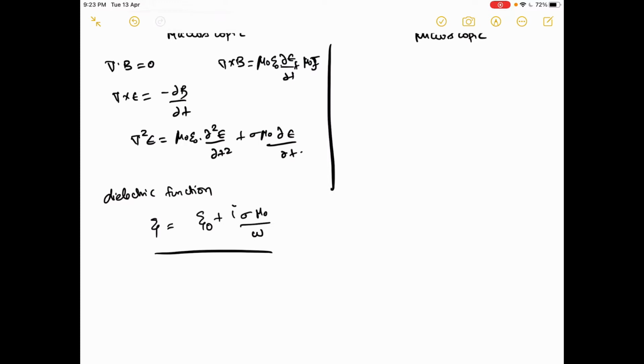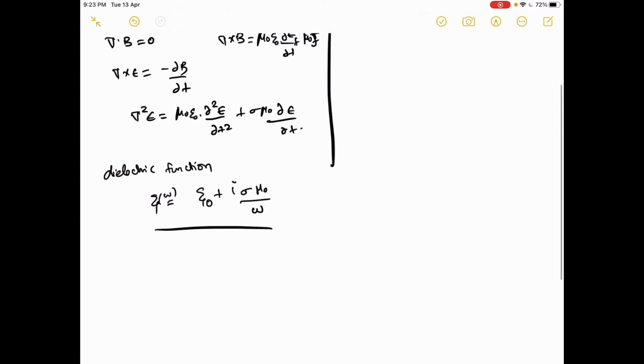So this dielectric function is a function of the frequency of the light, and epsilon naught is obviously the electric permittivity of free space, right? And from this dielectric function, obviously we defined two important consequences. One is we defined what is the refractive index,